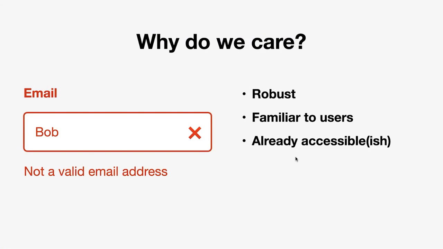So why do you care about all these built-in things? Well, they're robust, right? So most of these, the main problem you might have is they're not fully supported, but virtually everything I showed you here is 99 point something % supported. And when they're covered by the major browsers, those implementations have been tested for accessibility. They will support keyboards. They will support various native controls in the operating system. So they're probably going to be better built than anything you can make, and they're going to be familiar to users. They are not guaranteed to be accessible. The main issues are you can still do stupid things, right?